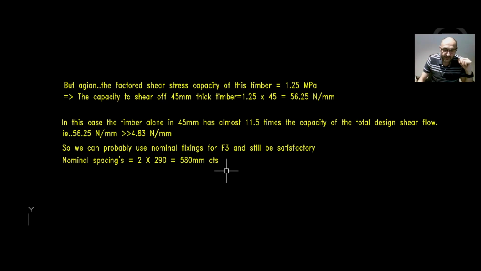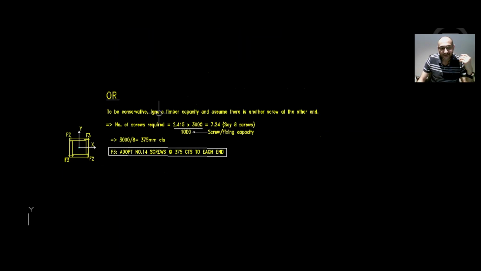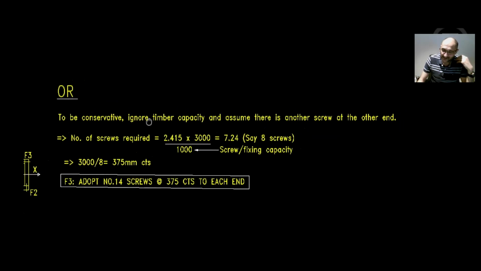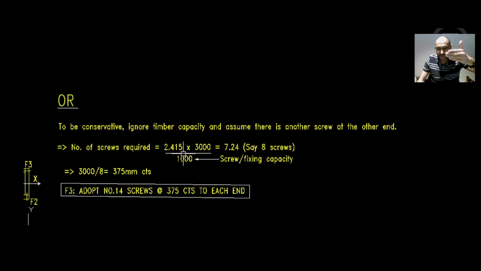Again, we can probably get away with nominal fixings for F3 as well. So 2 times 290 is about 580 millimeter centers. Or we can be conservative and make life easy and find the number of screws, pretend that there is another horizontal screw for F3 rather than using the timber. So assume that there's another screw there,